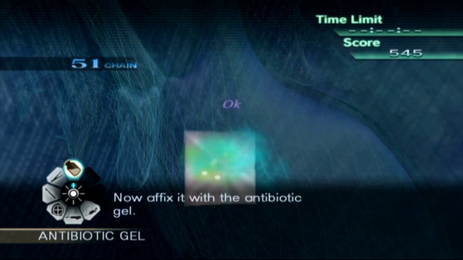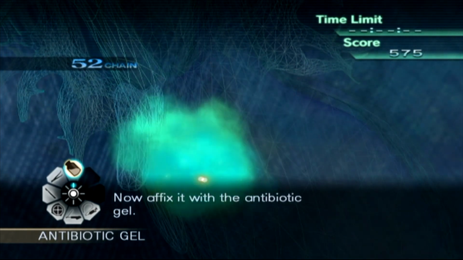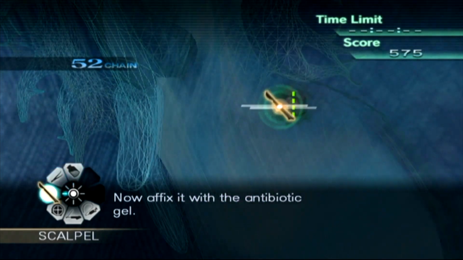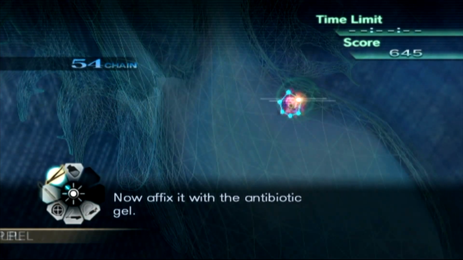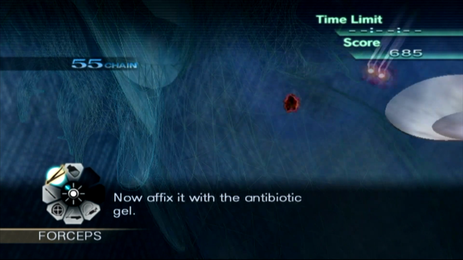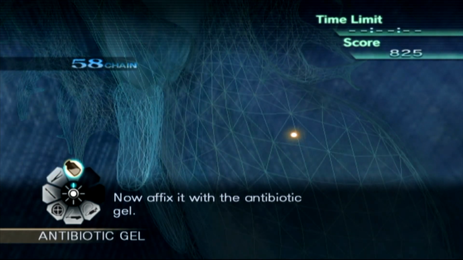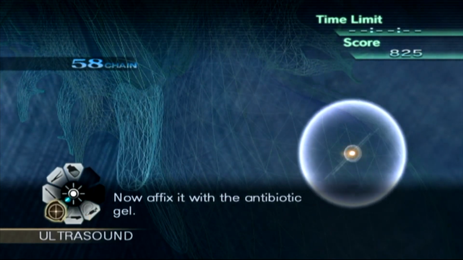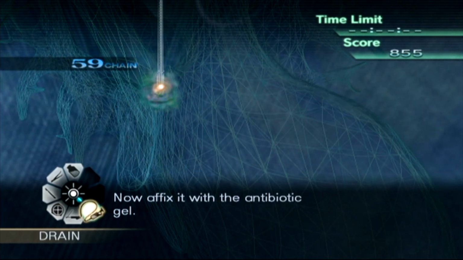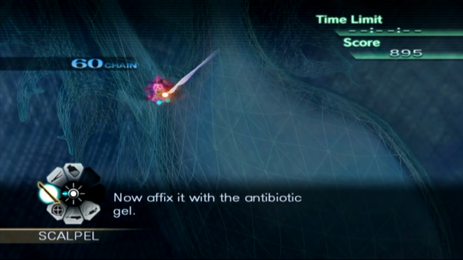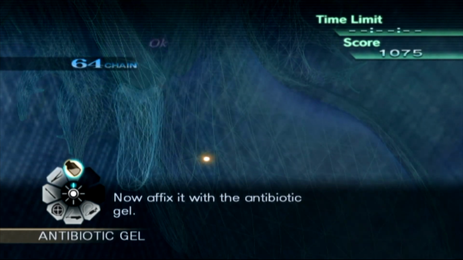Now affix it with the antibiotic gel. Great work. That brings the